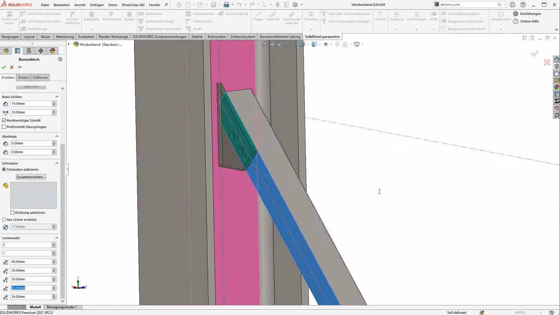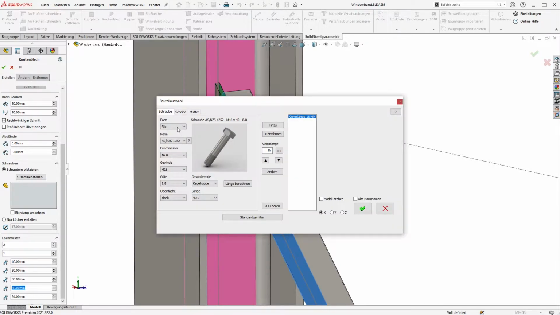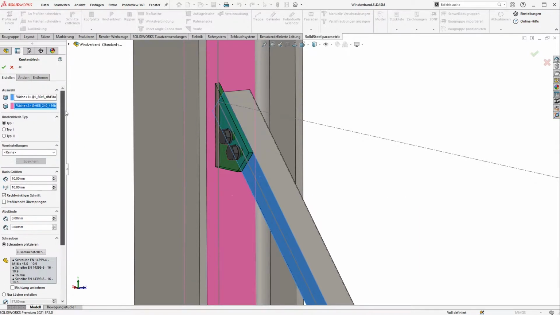Since some viewers may not know Solid Steel yet, I will briefly show how to add bolts. To do this we click on Assemble in the bolt section and then select an M16 bolt to match our calculations. We also select the standard set, that is to add washers and nut automatically. Another click on the green tick and the selected connection also appears in the preview. Now I save the entire connection under any name and can use it again and again.